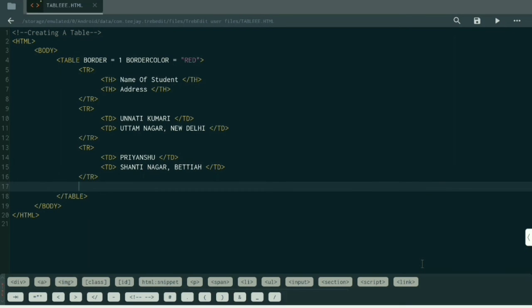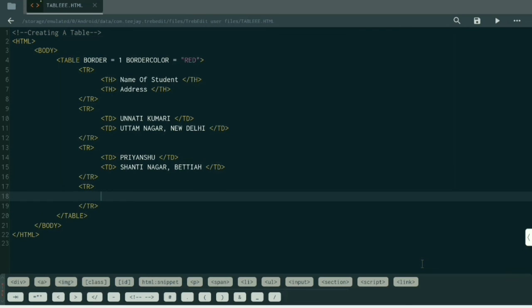Now third record I am also entering here. You can see using TR tag and using TD tag we will enter data in the cells.